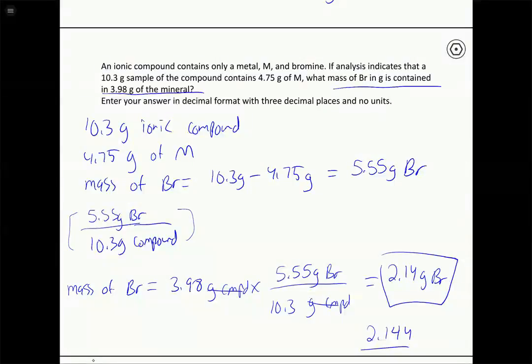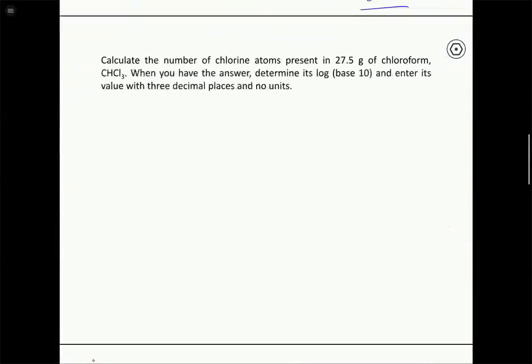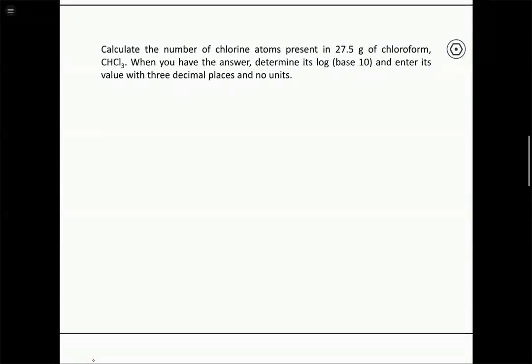Alright, so definitely review mass percent and mass ratio because it is a topic that we've reintroduced here. But the more important and newer things that we talked about are going to deal with conversions involving moles, so that's what we're going to see now on the next few problems. This type of problem is one that always gets students the first time they see it. And I didn't really go over one exactly like this in class. So we want to know here, what's the number of chlorine atoms present in 27.5 grams of chloroform, which has